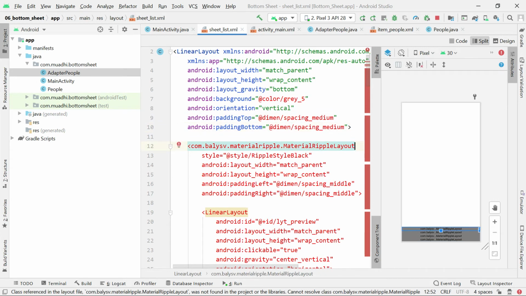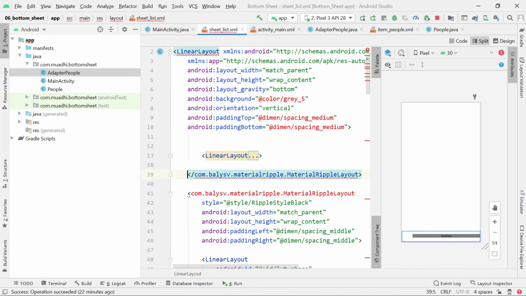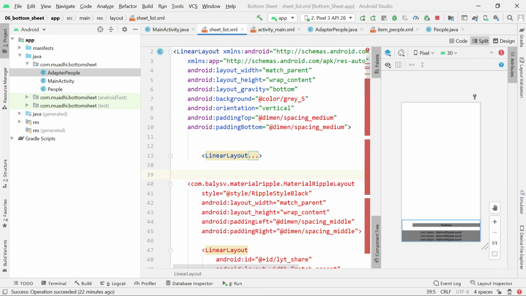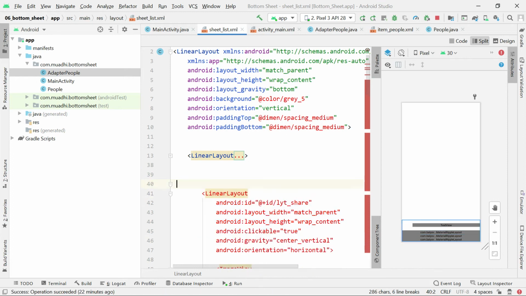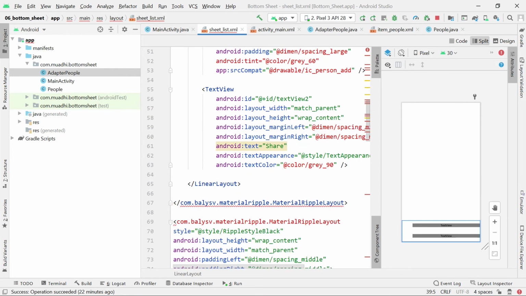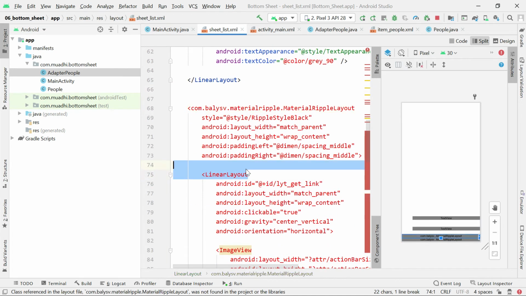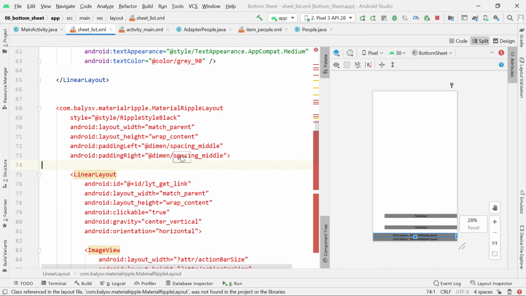So let me remove these things on material repo so that you can see it clearly. So I'll have to collapse this one. It can be any kind of item. So let me remove this material repo. I'll remove also this one. Remove this, maybe collapse here so you can see clearly.